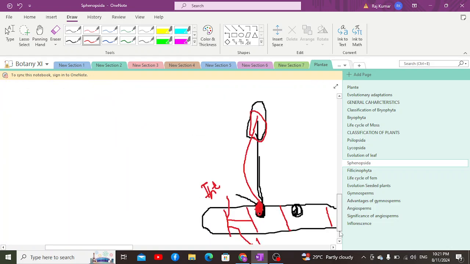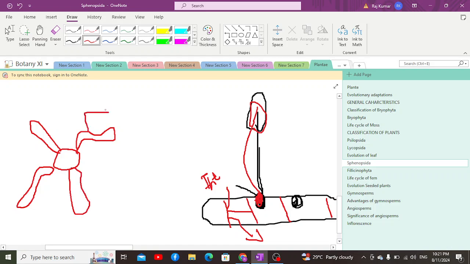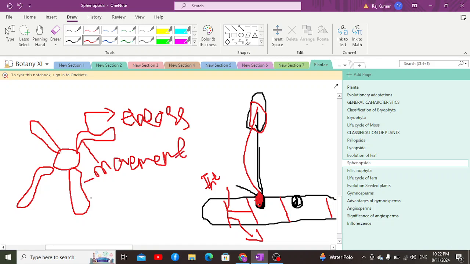Now, when the haploid spores are produced, they have an additional characteristic which I would like to highlight over here. On the four corners of these spores, there are orange colored sporopollenin made structures, which we call the elaters. Now, what is the purpose of these elaters? These elaters are special structures and a special characteristic of this group because they help the spores in movement, and secondly, they also help in attachment